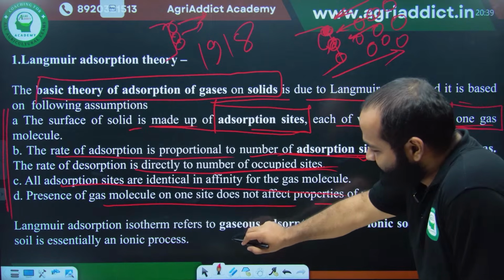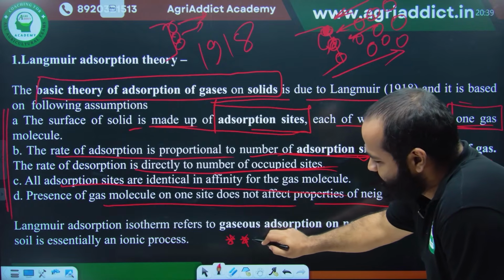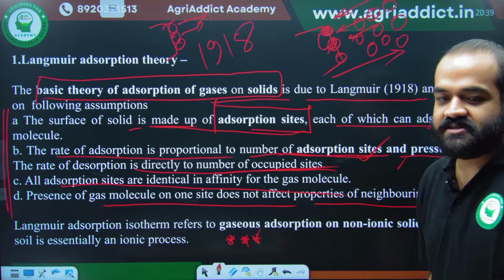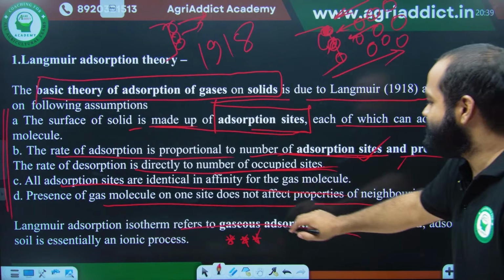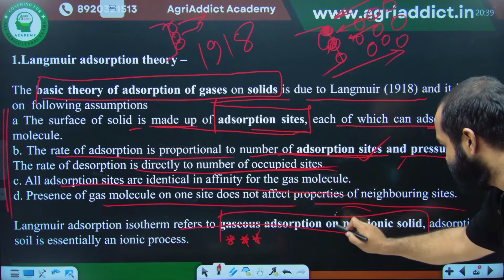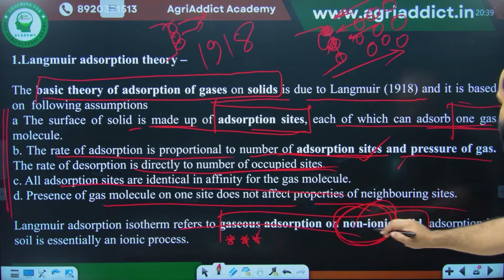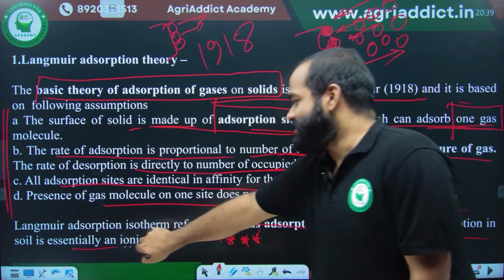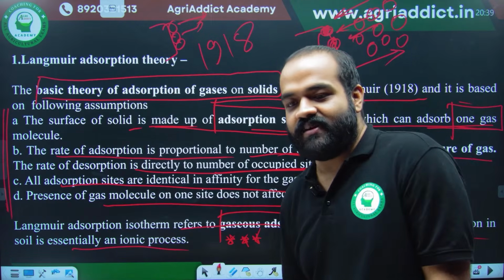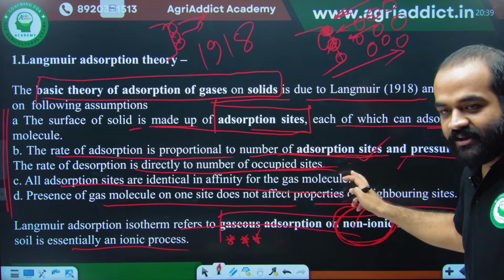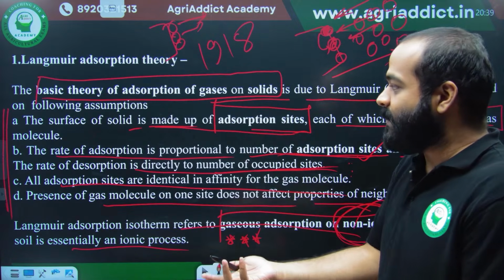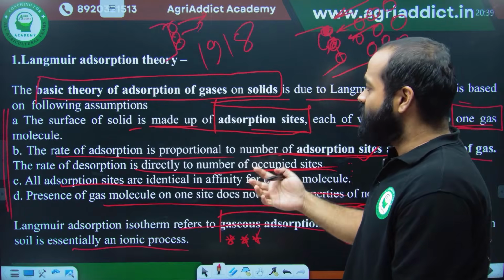So this line has questions. इस line से PYQ में at least 2 to 3 questions I have seen. Langmuir adsorption isotherm refers to gaseous adsorption on non-ionic solid, whereas in soil it is essentially an ionic process. So that's where Langmuir adsorption isotherm fails. Also ये assumption में भी अगर देखोगे, so it fails in multiple ways. How? Because